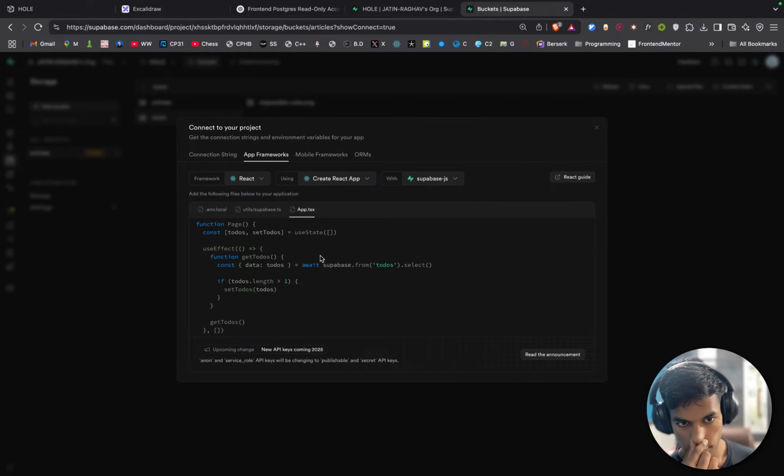A constant todos dot select, await supabase dot from table name dot select.